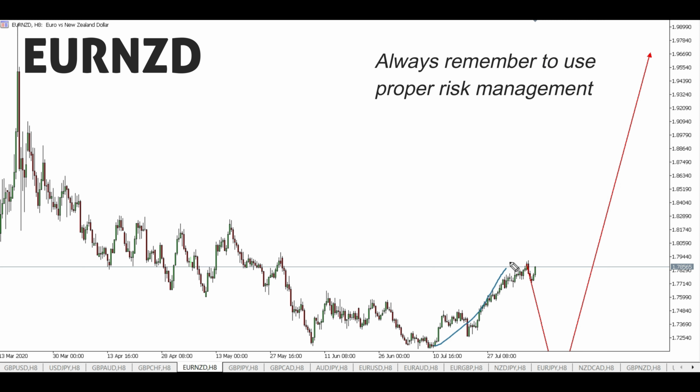Then we got this up move all the way up to this point here. That's what we got for Euro NZD. Then this past week, we released an update and we say that we might get a down move like this. So if you are trading this up move, be careful because there's a likely chance to get a down move